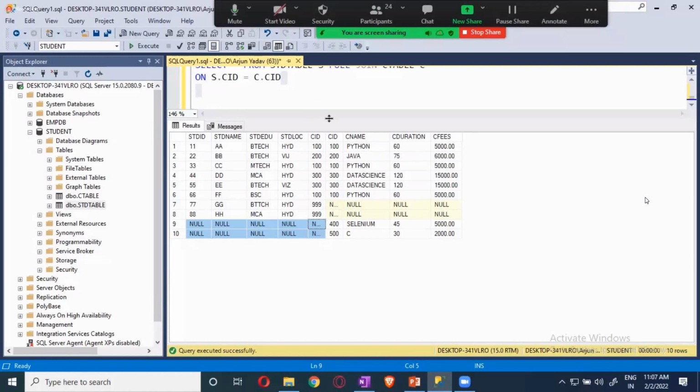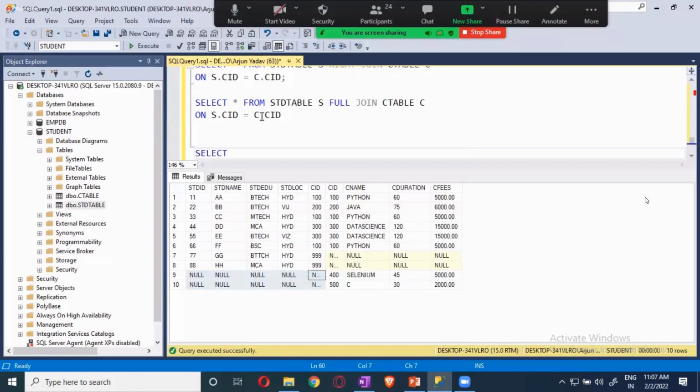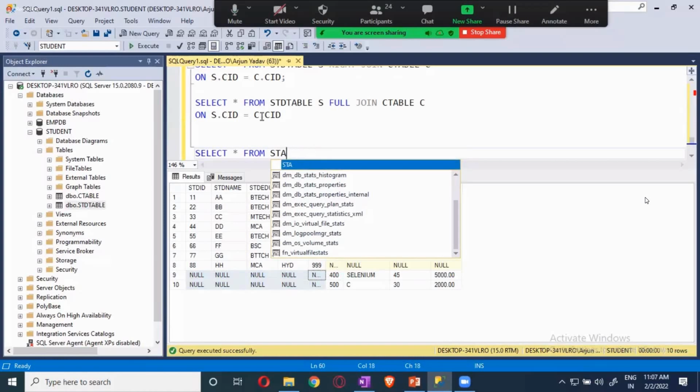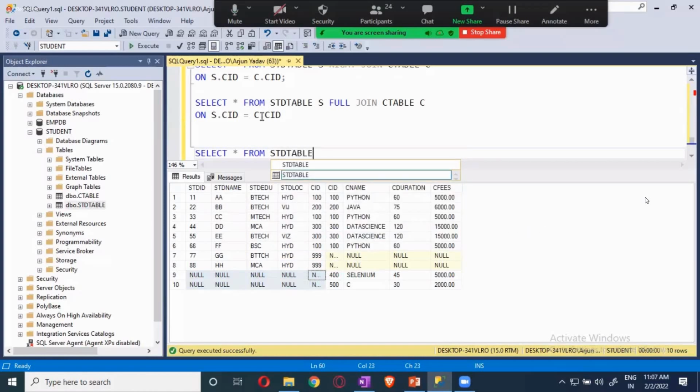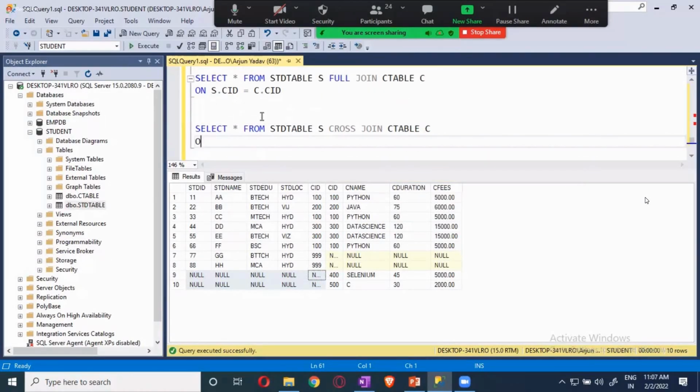Just remember that. There is also a cross join. I don't know if it is there, but let me write out the SQL. Student table as s cross join, and I will give it on s.cid is equal to c.cid.